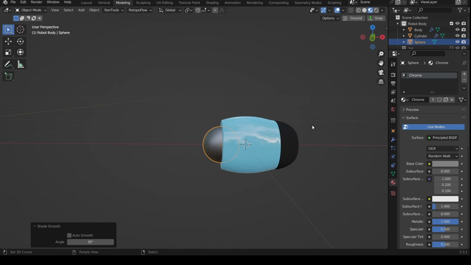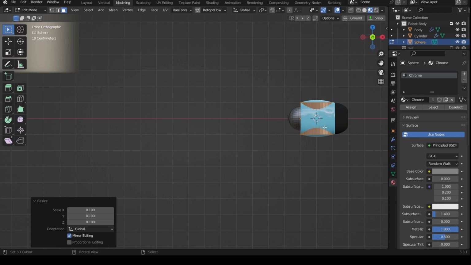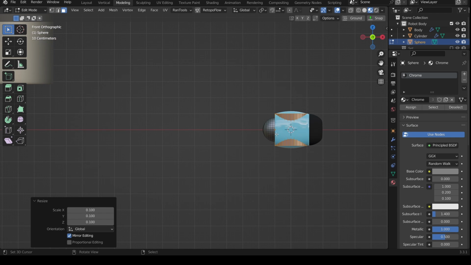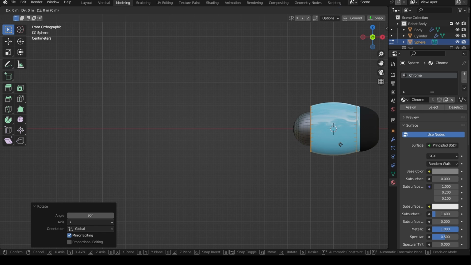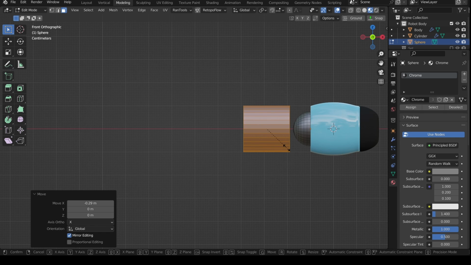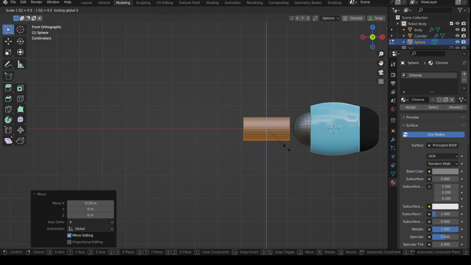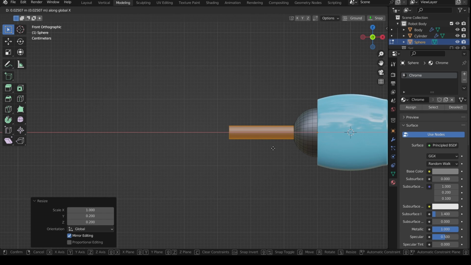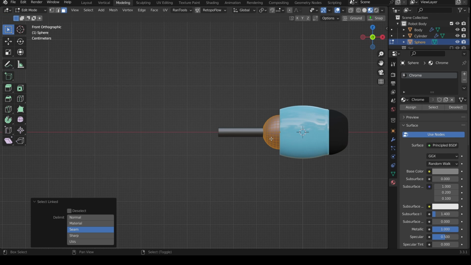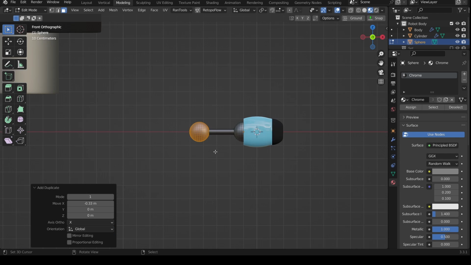And then we can add our chrome material to that. Do the same with the cylinder, scale it down to 0.1. This is inside this object, right? So rotate Y 90, grab on the x-axis, and then scale by maybe 0.5, no, 0.2 perhaps, better. And then we can just grab that on the x and intersect it just there. And now we can Shift D to duplicate that, bring that to there, and we've got the first section of